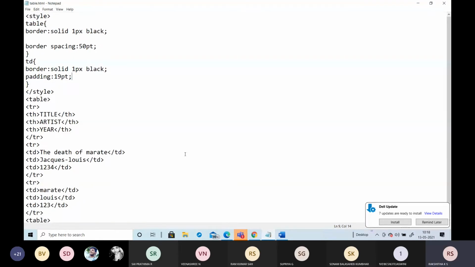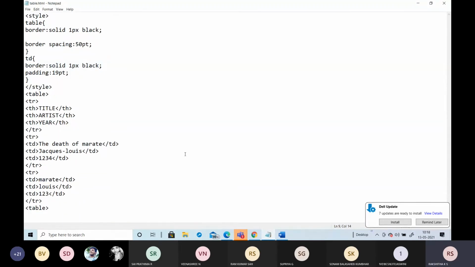The program that I tell you is how to style the table by using the border. Just take down the heading as styling table border.